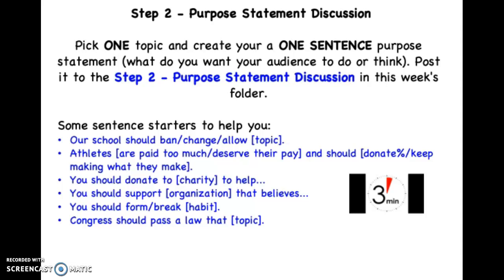But whatever you post in the discussion as your purpose statement, it should be one sentence. It should clearly show what side of the argument you're on. And I should understand who the audience is that you are speaking to. Is it teachers? Is it your parents? You kind of have to communicate that through your purpose statement. I'm sure you have more questions about this speech assignment. I will answer them tomorrow when I get back. Right now you just need to work on step 2 and getting that submitted, picking your topic,